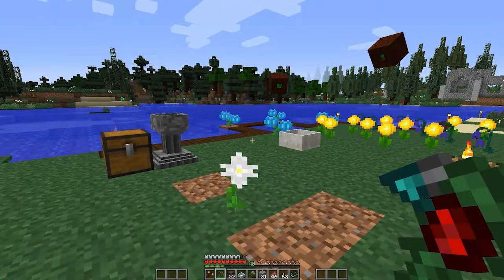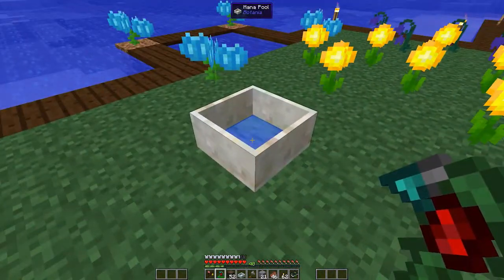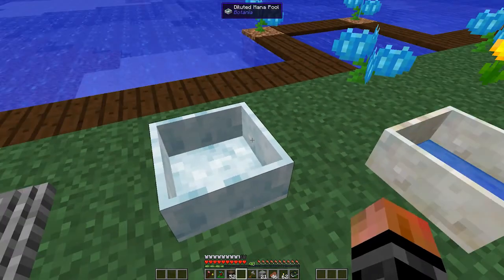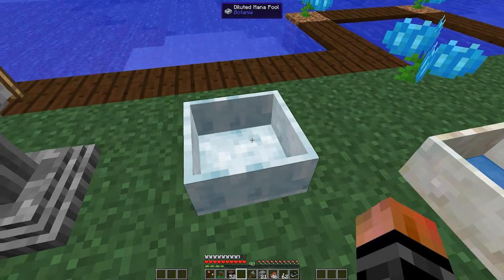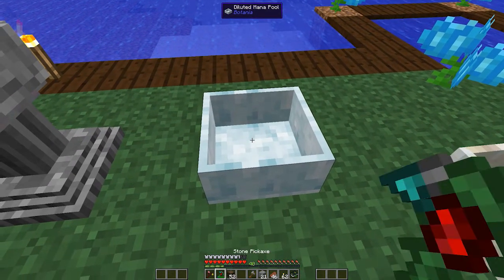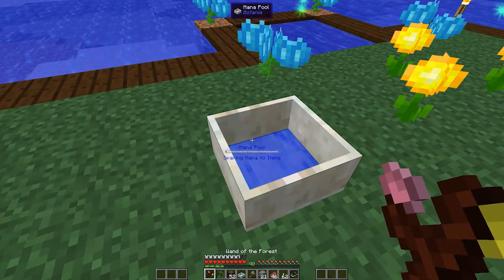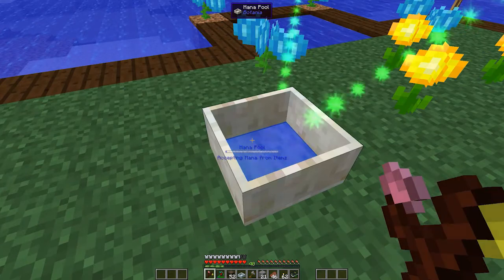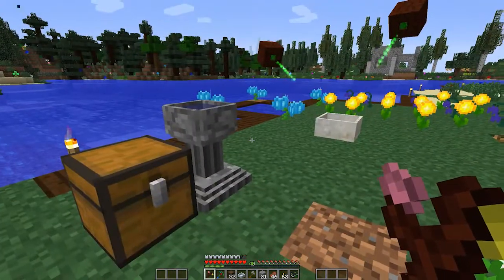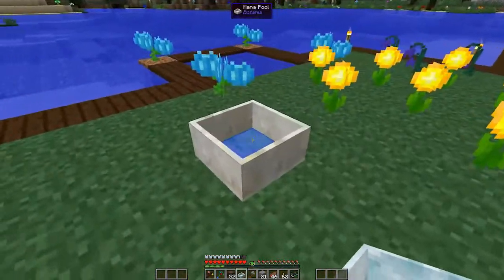Okay, so what you do is with that living rock, you have to make one of these mana pools. But the first one that you make looks like this. It's a diluted mana pool. Anyways, with that being said, you have to build 2 of these mana pools to begin with,